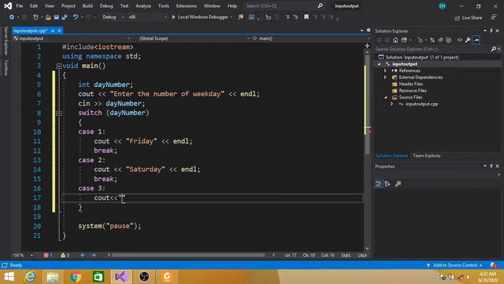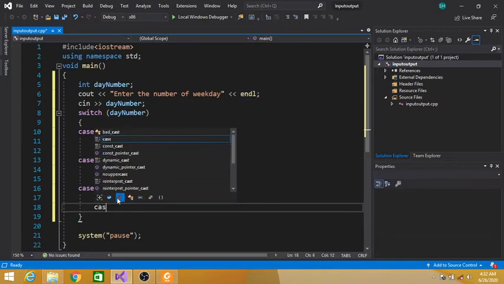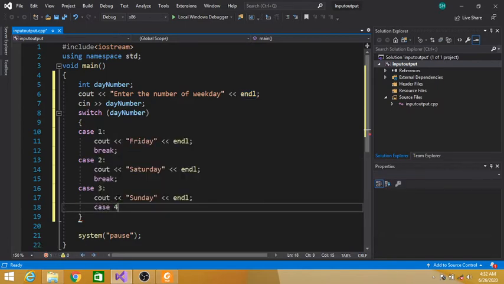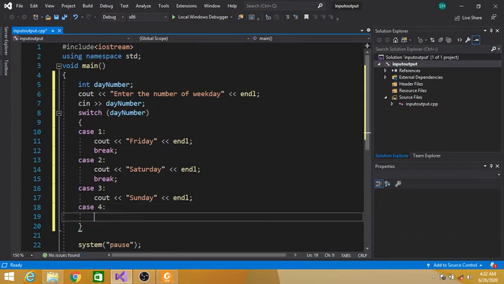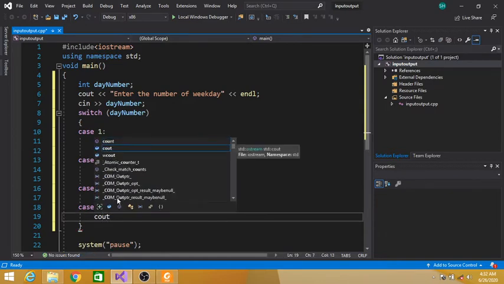Cout Sunday, end of line. Similarly, case 4 colon. You have to memorize the syntax.